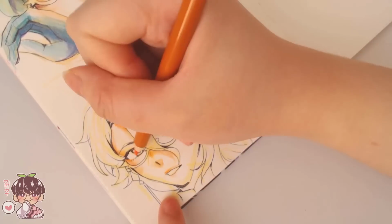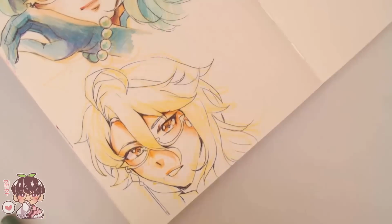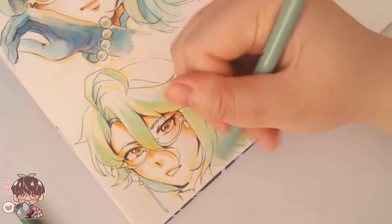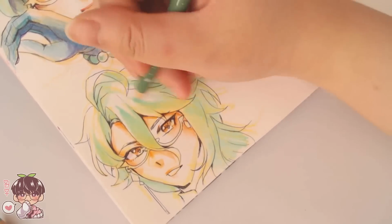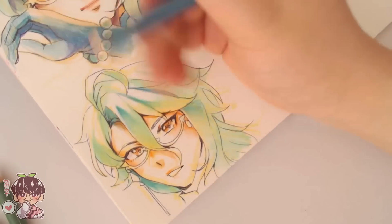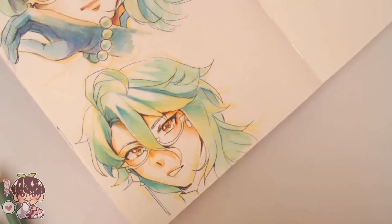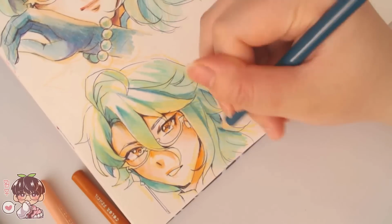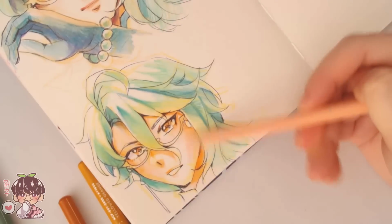But yeah, this one just came out very weird looking. It might be because of the way I drew his mouth and his nose. So yeah, I don't really like this one. I think I just tried my best to quickly color it as fast as possible so that we can move on. And the third one, I am basically going to do a much larger version of just a simple portrait of Baiju,